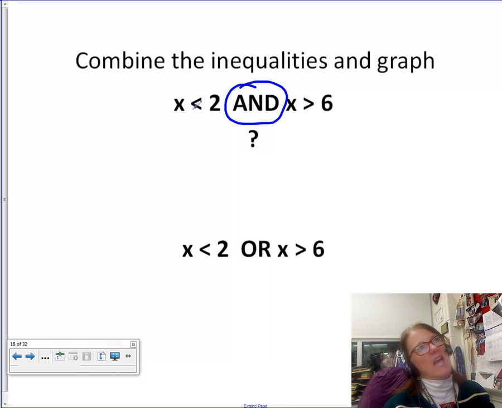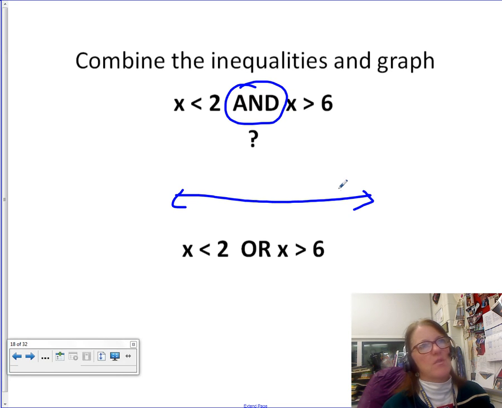So that means I have all of the values that are greater than 2 and at the same time are less than 6. Okay? That means if I look at a number line, think back how I started to graph this. Here was 6, open circle. I start shading to the left. 0's down here. Here's where 2 is. And at the same time, I want to talk about